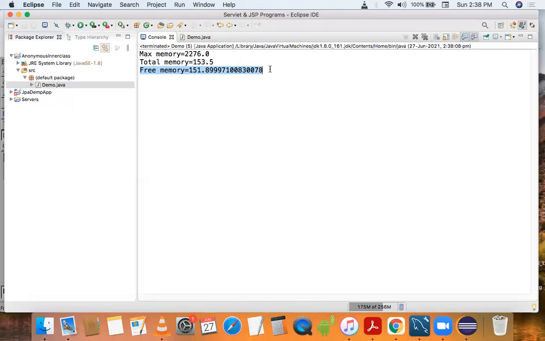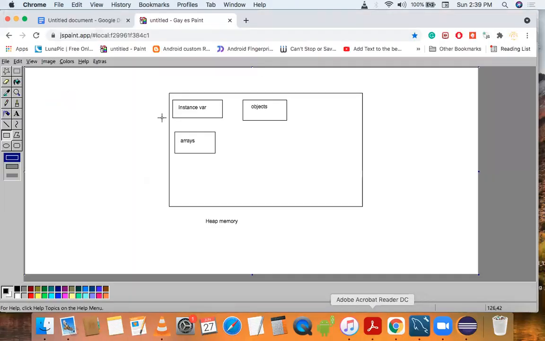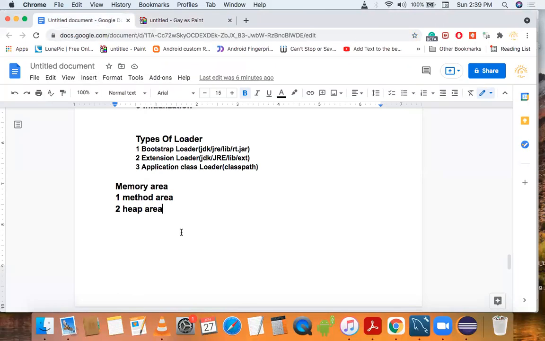So let's move on our next topic, stack memory. So our third memory area is stack memory. So for every thread, JVM will create a separate stack at the time of thread creation. So whenever we create a thread, JVM will create a stack memory for every thread.